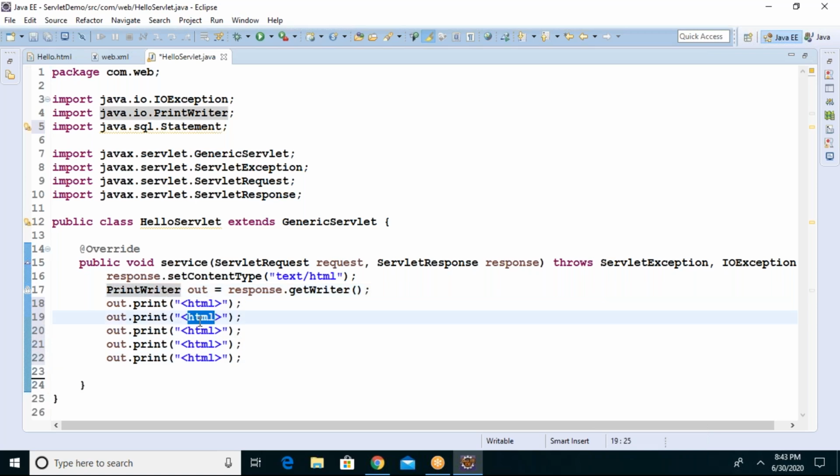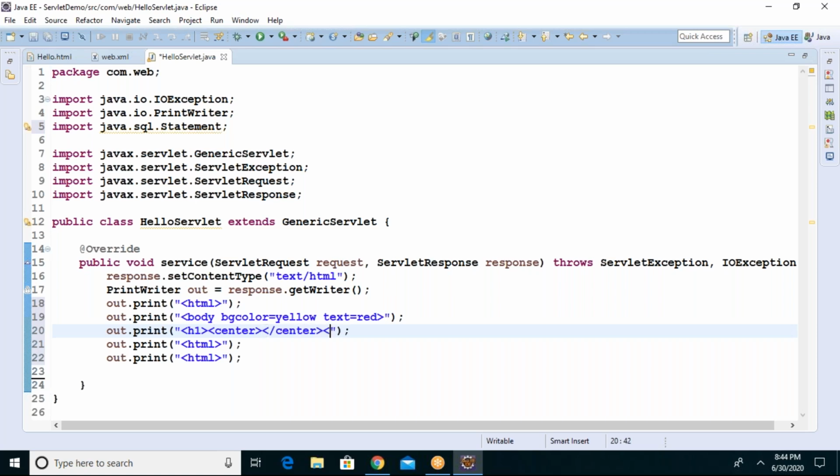HTML, body bgcolor equals red, text equals yellow, or bgcolor yellow, text equals red, and heading level 1, center.